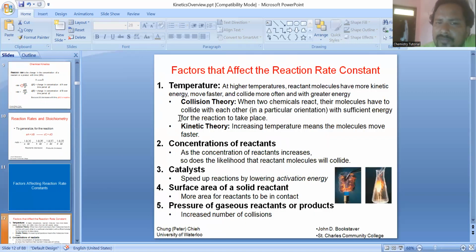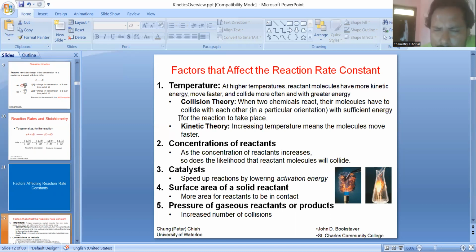The first factor is temperature. In any chemical reaction, if you increase the temperature, then the chances of collision and the kinetic energy of the reactant molecules will increase. So collision between two reactant molecules will be much more when you increase the temperature, and the chances of product formation will be high. Concentration of reactant: as the concentration of reactant increases, the likelihood of collision between the molecules will increase